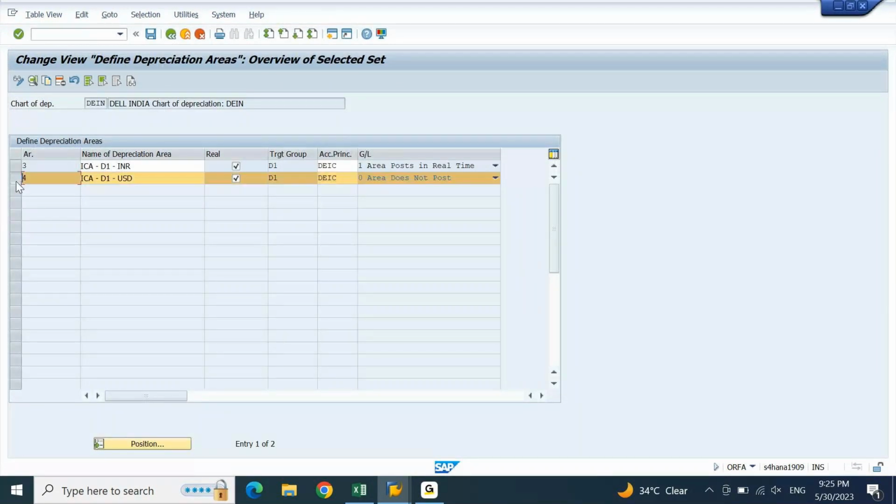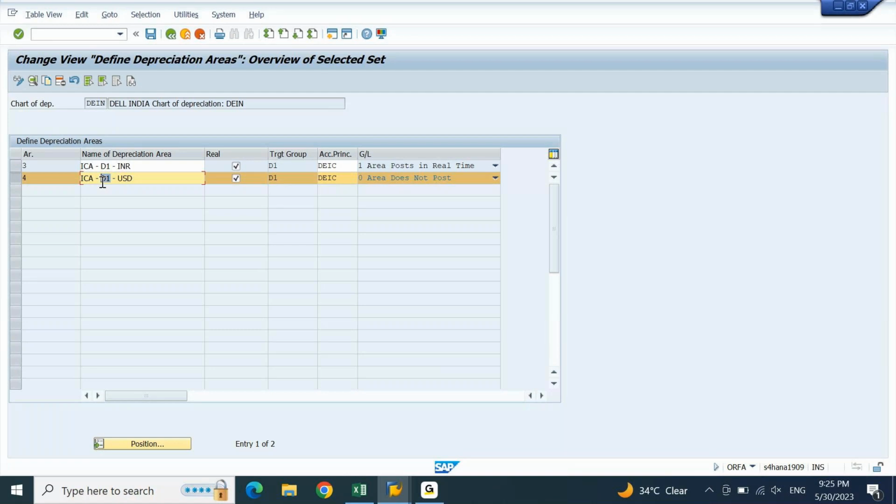Now 4 is what currency? Dollar. USD. 4 is US dollar, which is group currency. Group currency is always converted from which currency? Local currency. Company code currency. Right? Group currency is always converted from local or company code currency. If you are talking about D1, D1 means non-leading ledger.